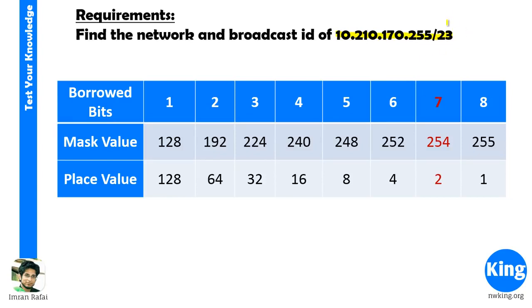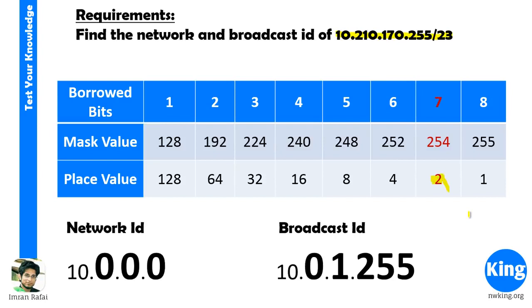The 23rd bit comes in which octet? So if you count, 23rd bit comes in the 3rd octet, and it is the 7th bit of the 3rd octet, which is nothing but has a place value of 2. So how do we do? We start with the first network ID, 10.0.0.0. What is the broadcast ID? Before we find out the broadcast ID, we need to find out what's the next network ID. It is 10.0.2.0 because we need to add 2 to the third octet. So 1 minus 10.0.2.0 is 10.0.1.255. So it goes on 10.0.2.0 to